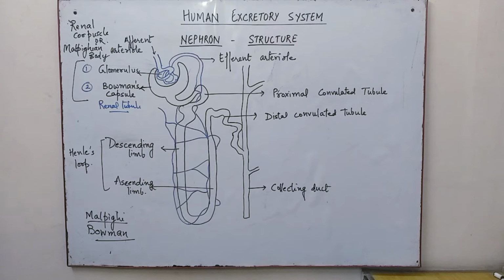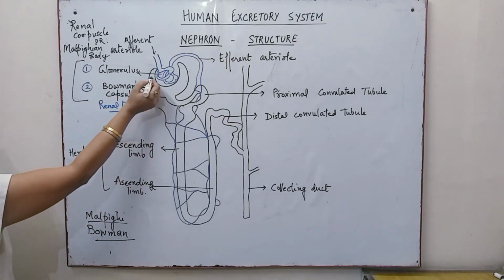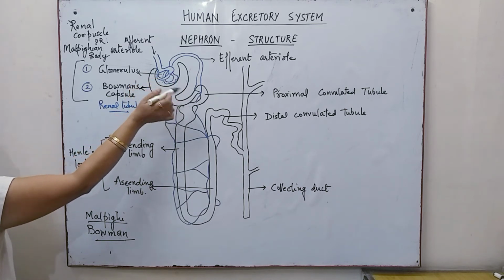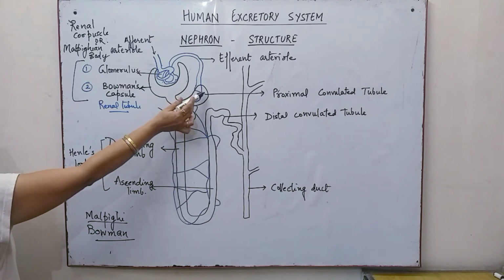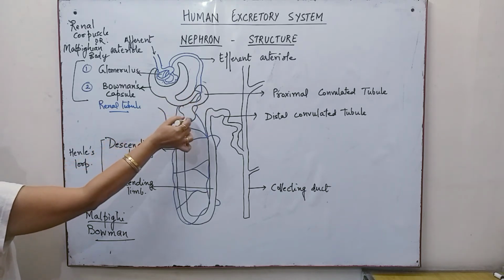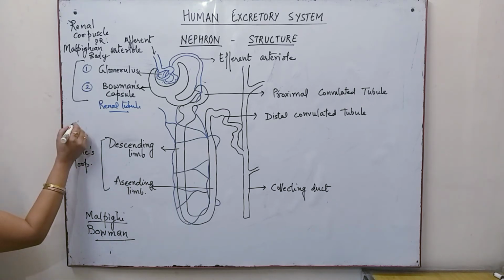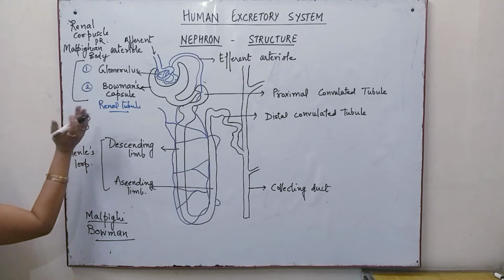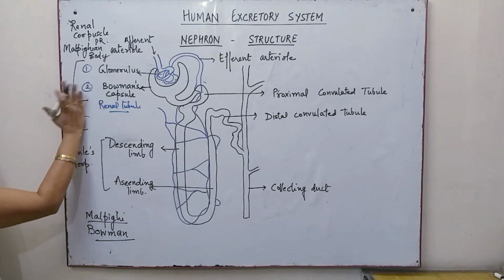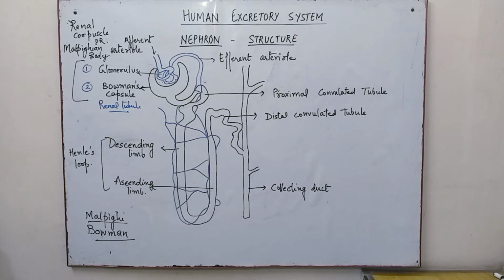The tubular system, that is the tubules, continues into a highly coiled network called the proximal convoluted tubule. Over here, in the Bowman's capsule, the podocytes are present. The Bowman's capsule leads into the proximal convoluted tubule, which is a highly convoluted structure. Convoluted means it has lots of bends and turns, like this. The proximal convoluted tubule, PCT in short,